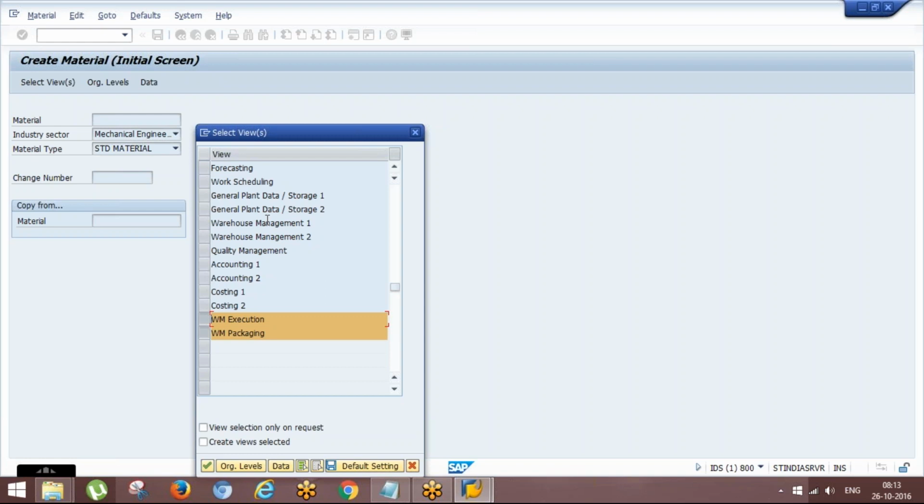Any other thing? Also, Rohan, one thing regarding the customer: whenever we create a plant as a customer, can you show us how the mapping is done? We are able to create customers and vendors, but in our tutorial you were putting a plant in while creating a customer. We are not able to view that particular screen.